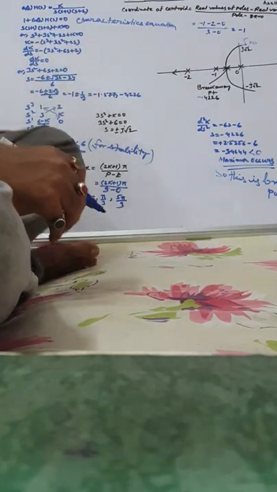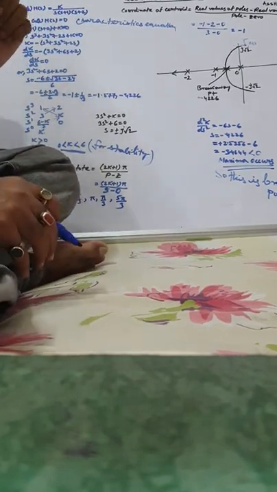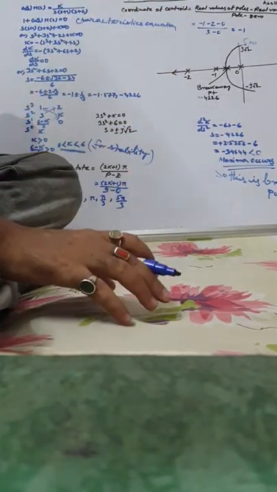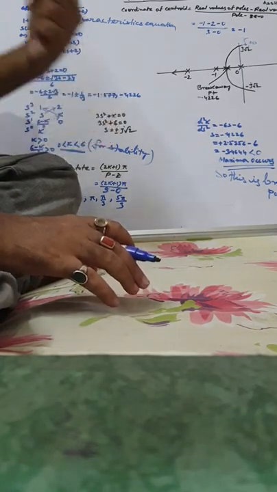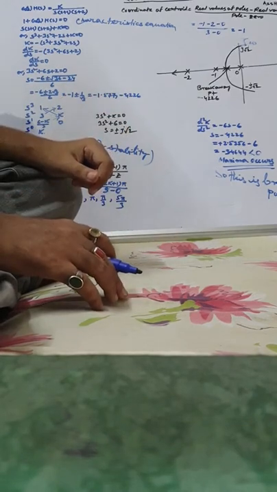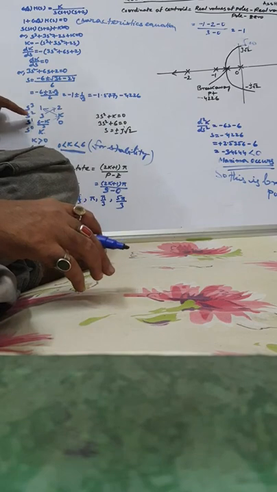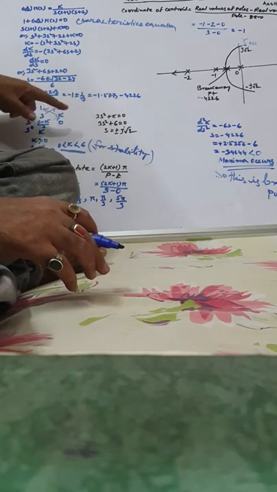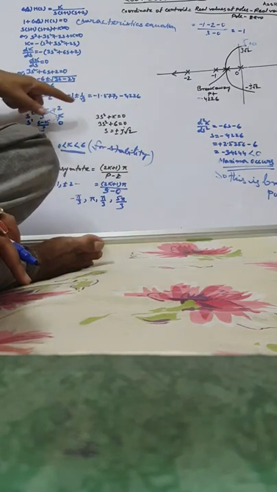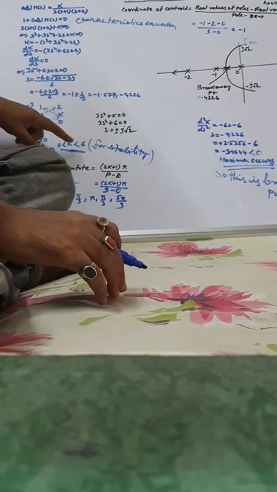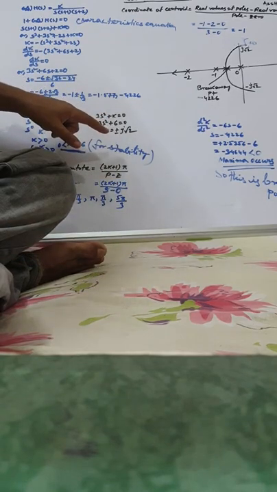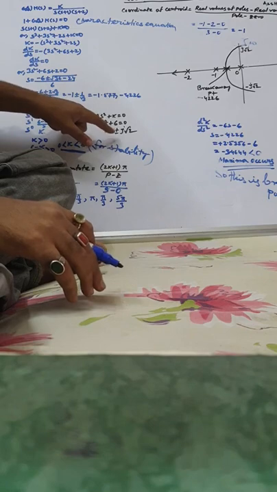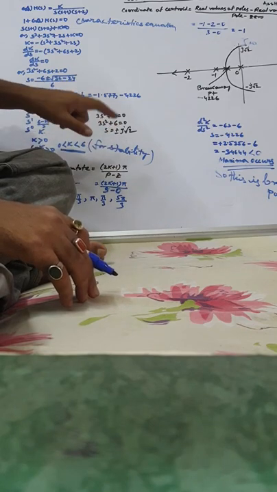So how do you find out at which point the root locus branches cut the j omega axis after leaving the real axis? Use this Routh-Hurwitz stability criteria. The row 3s square plus k is equal to 0. So the maximum value of k is 6. So 3s square plus 6 is equal to 0. So s equal to plus minus j root 2.